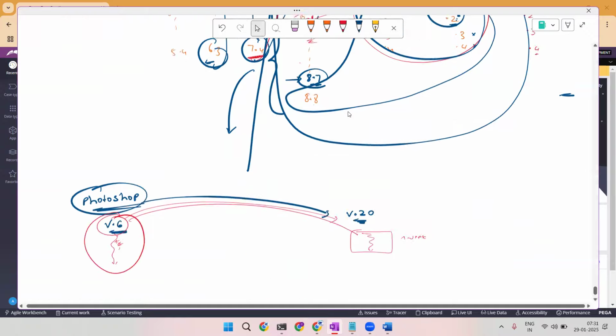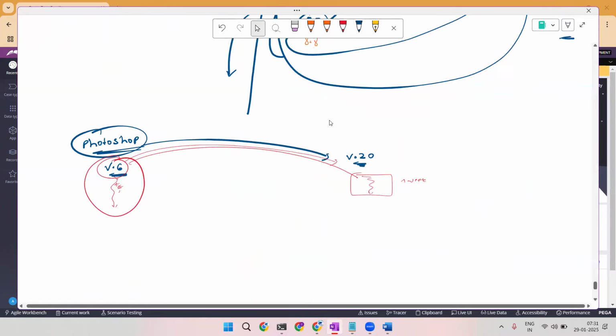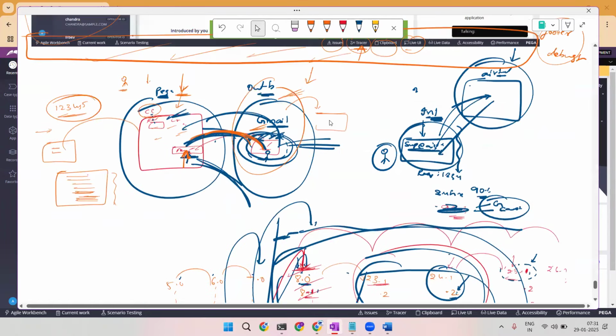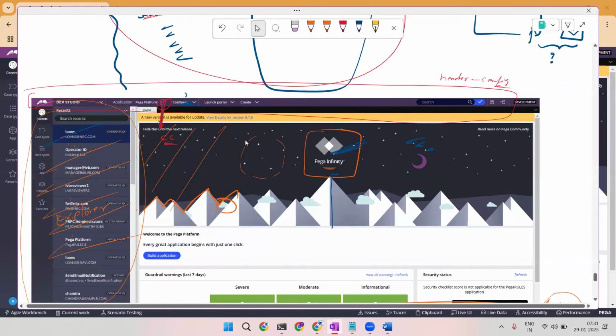Got it, right? So finally, we are understanding what the actual Pega tool looks like. And if we are logging in to any past versions, other than Infinity versions, from 8.0 we can consider it as Infinity. Maybe if you're logging in somewhere in 7.4 or 7.2, what you'll observe is,